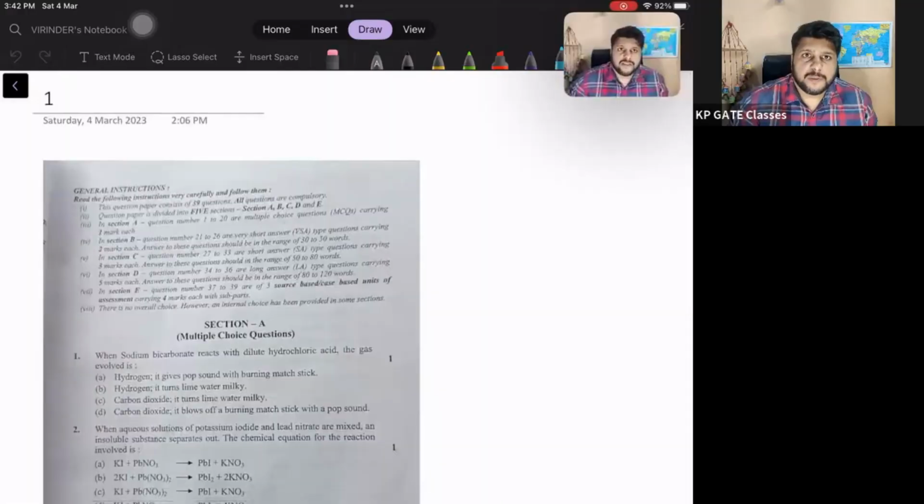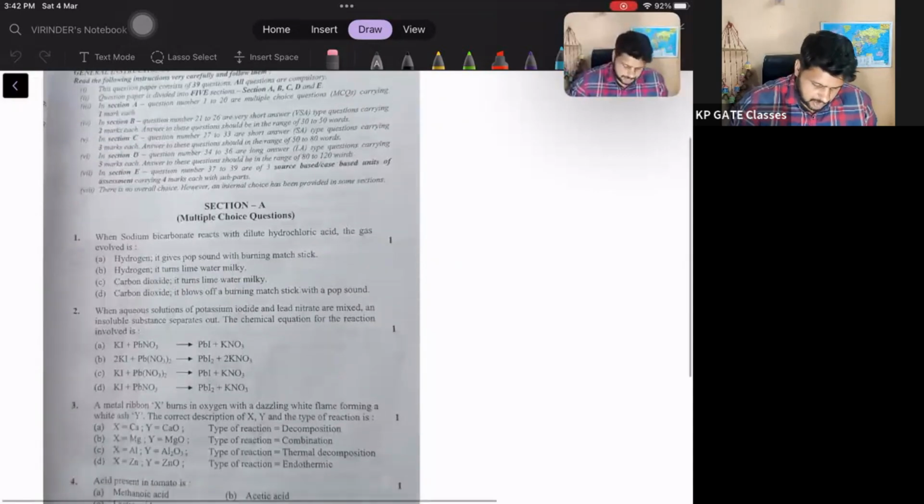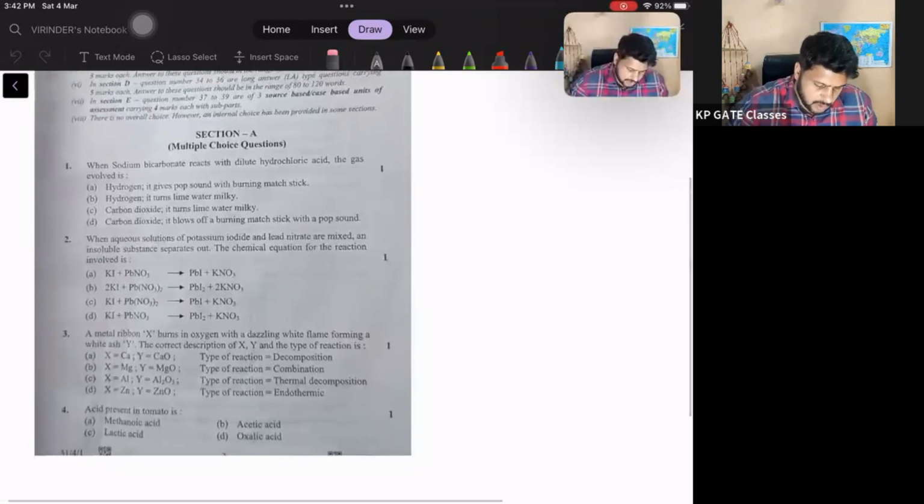So guys, I have received paper from one of my students. So here is our exam paper. So let's start. So here first question is, when sodium bicarbonate reacts with dilute hydrochloric acid, the gas evolved is,